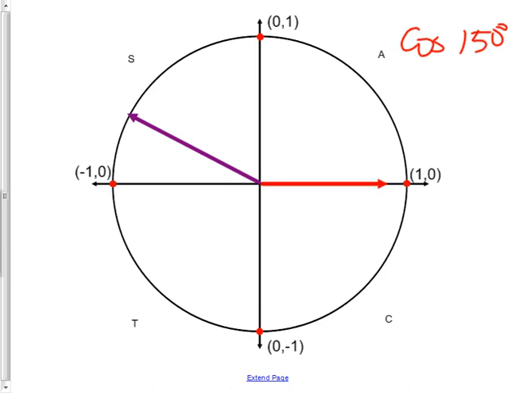By the way, wouldn't that have been the same thing as if I had asked you for the cosine of 5 pi over 6? 5 pi over 6 and 150 are the same thing. Think of it this way. This is 5 times 30 degrees. And 30 degrees is pi over 6. So it's 5 pi over 6. That's a way to think of it. You've got to find your own way. But if I'd asked you for the cosine of 5 pi over 6, you should have found that same spot